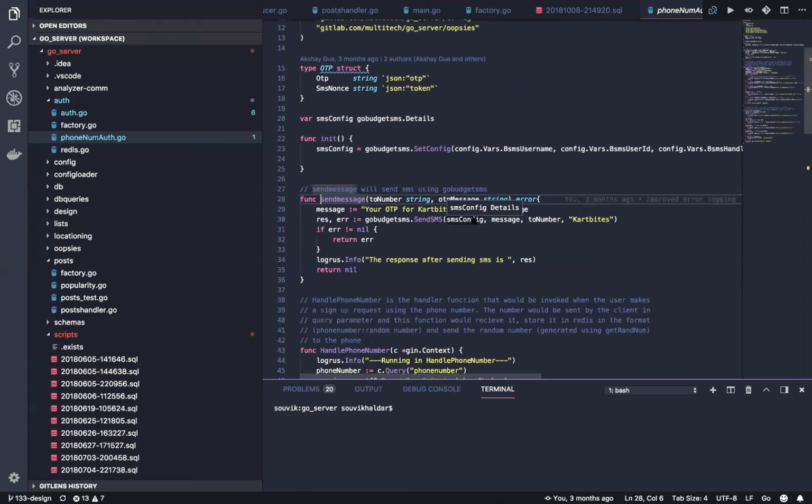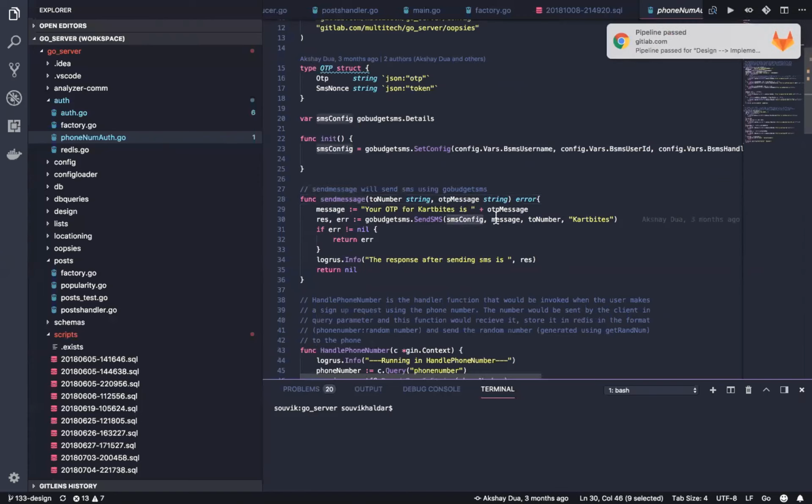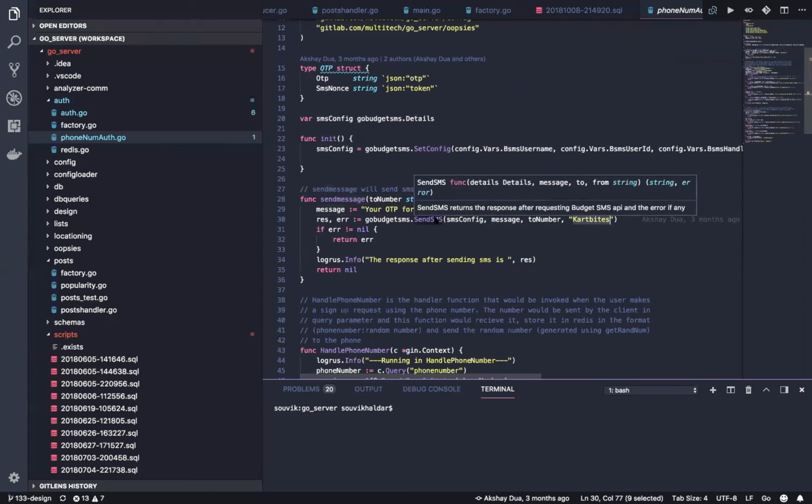This asks for these parameters. First is the configuration, second is the message, then the to number, and whatever organization you are associated to, you just add it there. Now, how do you set this configuration? This configuration is set here. I have set it up in the init function in my personal package, where I'm using Go Budget SMS's set config method.